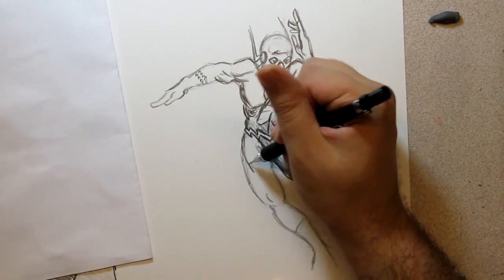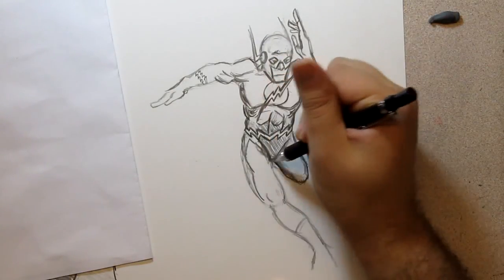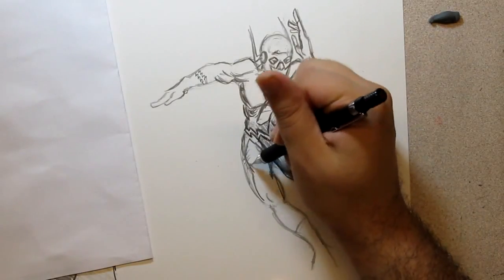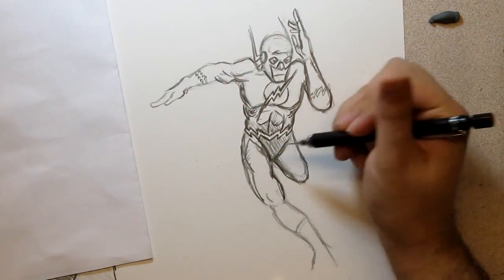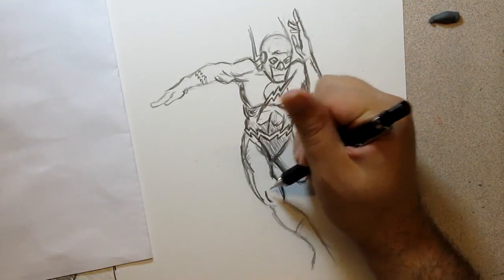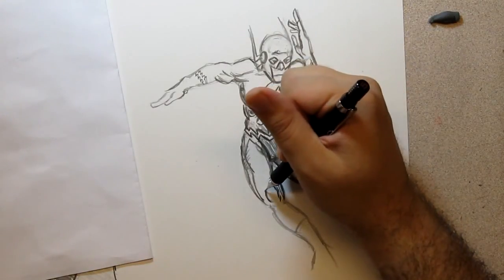My advice is, when you're doing superheroes or any kind of anatomy, if you're not too familiar, try to avoid areas that you're not the best at. In other words, I feel like I'm better at legs, so I don't have to really use a reference. But the point I'm getting at is,